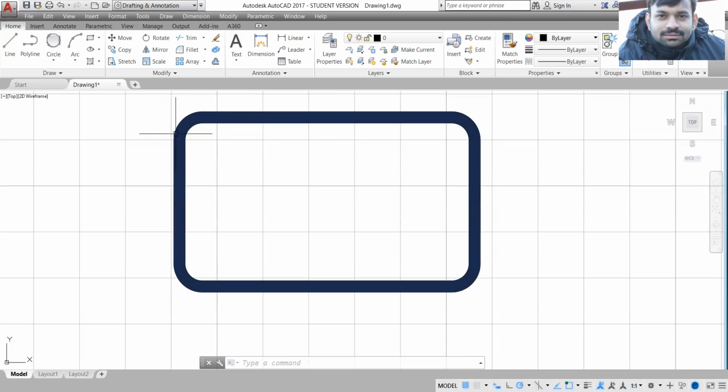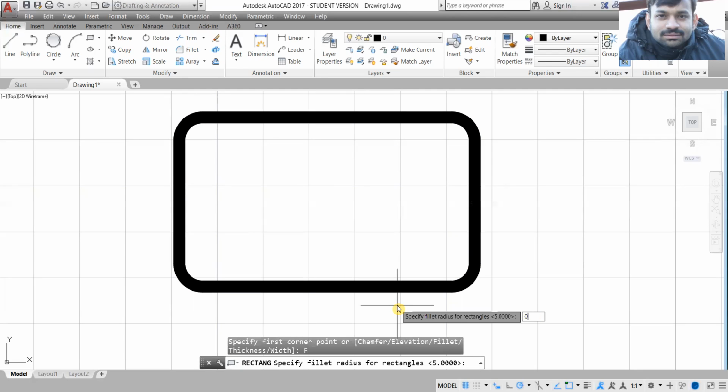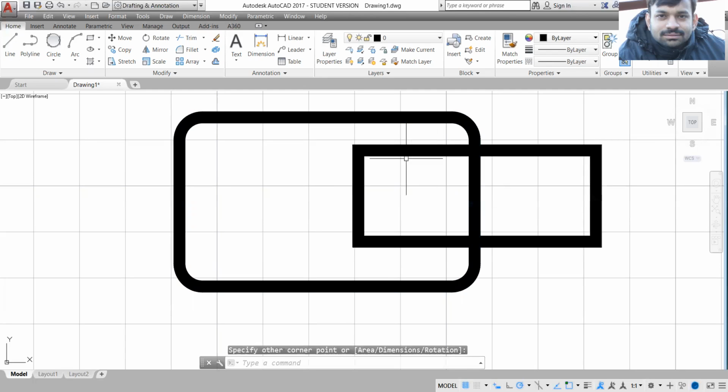Okay, this fillet command is also activated. In order to deactivate this, we have to use the fillet command and make the fillet radius 0. Let me show you that. I'll start the rectangle command again. First, I will go to fillet, specify radius as 0, enter, and now I will draw the rectangle. Okay, so as you can see, now it is drawing a regular rectangle and it is having some width.